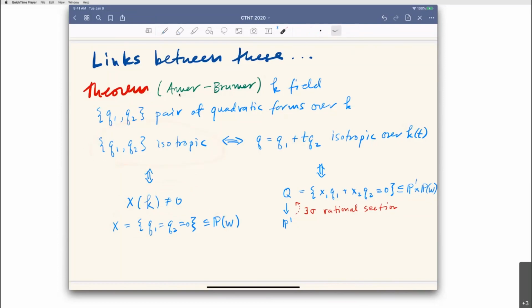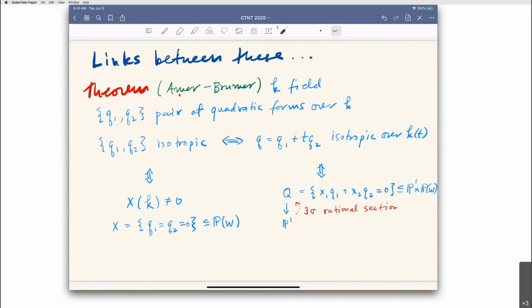And this other side is something much stranger. It says that we can view this equation as a pencil of quadratic forms. So we can think of it as a moving family of quadratic forms that are parametrized by the base P1, and in fact, geometrically, we can think about that as a so-called quadric fibration. So this is a quadric bundle, if you want, or it's just a pencil of quadratic forms.